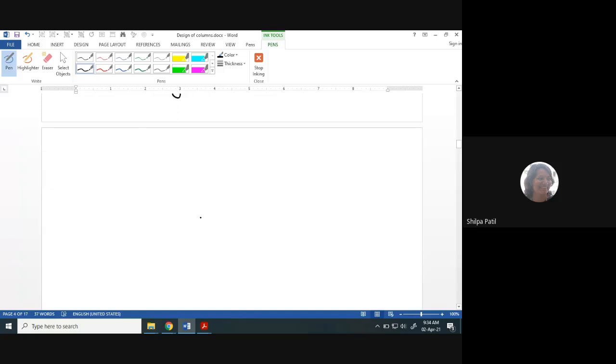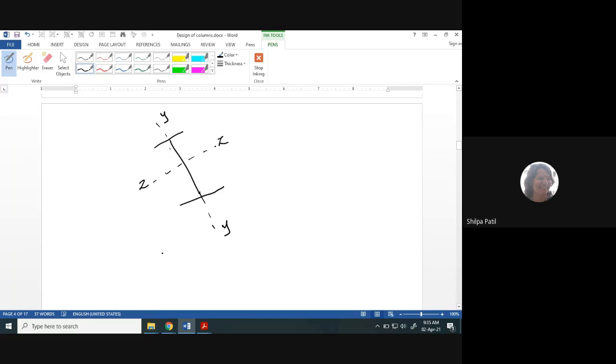Okay, now let us see. I will try to draw a column section. Suppose this is our I section. Okay, this vertical axis is nothing but our YY axis, and this horizontal axis is ZZ axis. Now YY axis is normally considered as the weaker axis, and ZZ axis is considered as the stronger or major axis. So if I will try to draw a 3D diagram of the column here,